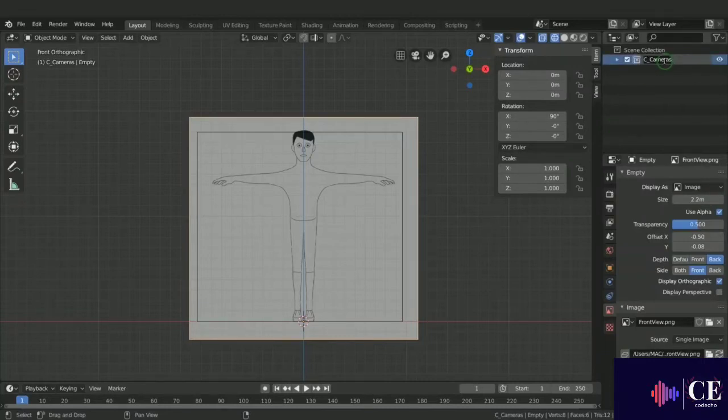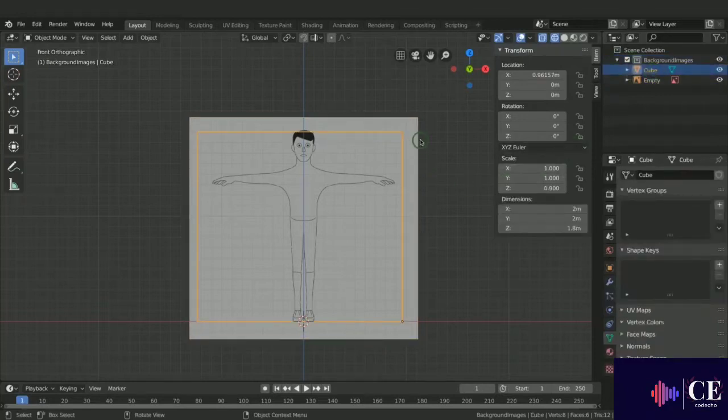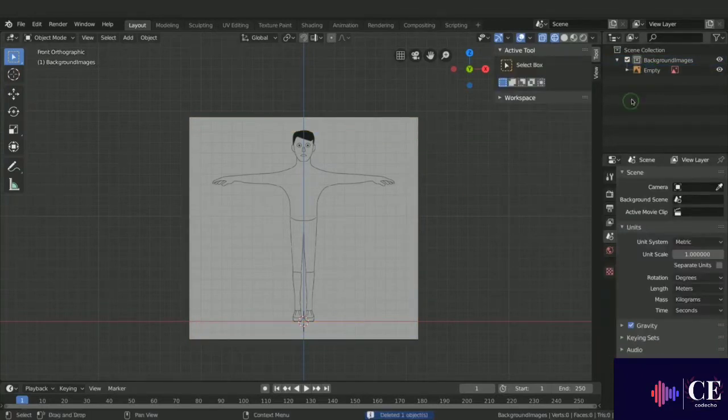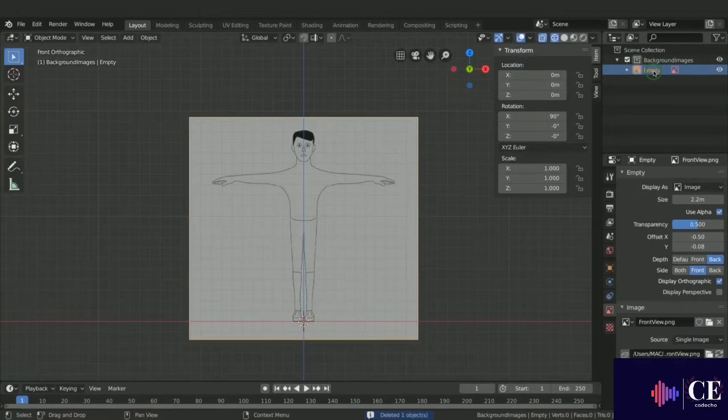I'm just going to rename this to background images and press enter. I can expand this here. I'll select the cube now, and in the 3D view, I'll just press delete, just to delete it. I'll select the empty object, which is our background image. I'll double click, and I'll call this front view,